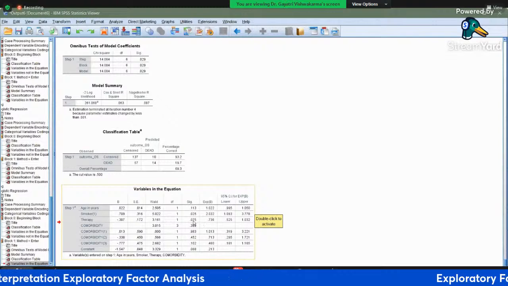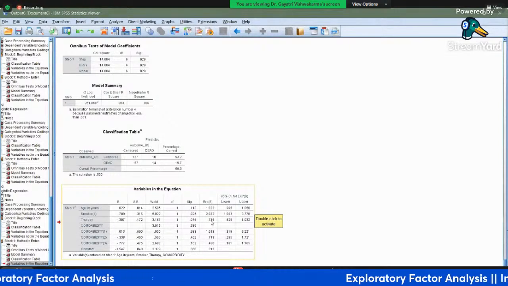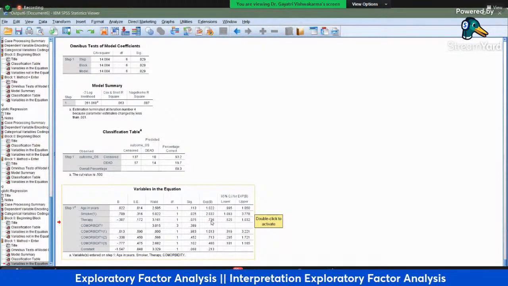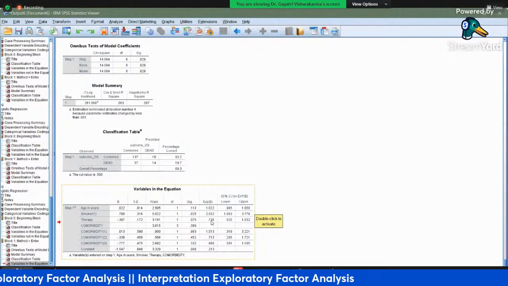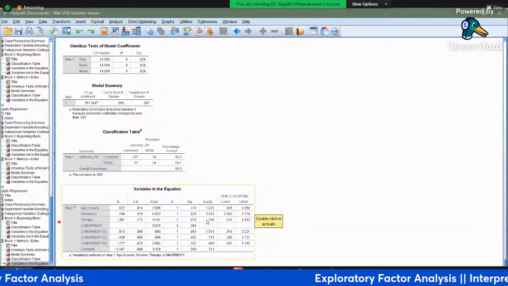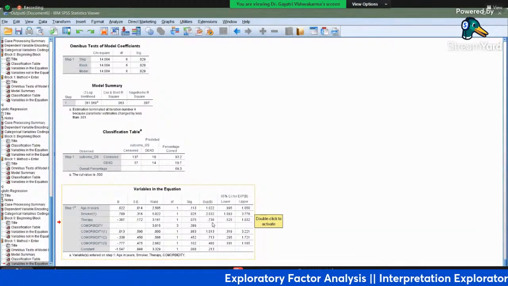Now therapy, for therapy we can say that if a person, because odds ratio is less than 1, it is protective. If somebody is getting any kind of therapy, the death rate is less. Because you have to interpret through 1 minus odds ratio.